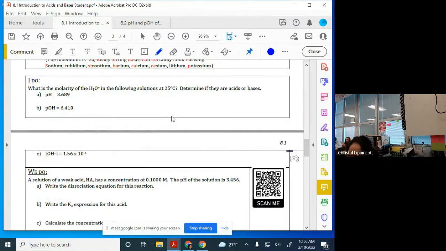All right, we're trying to figure out the molarity. That's the concentration of the H3O plus here. So the way you do that for this is you're going to go 10